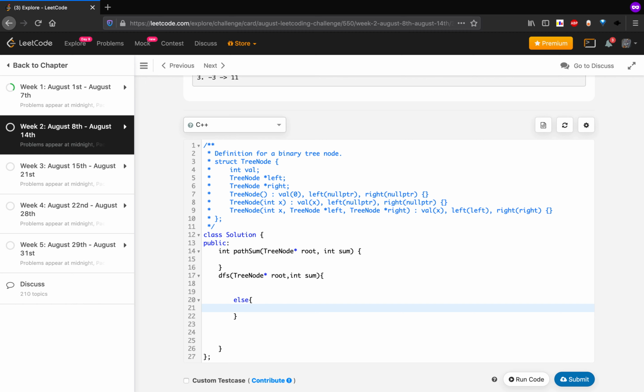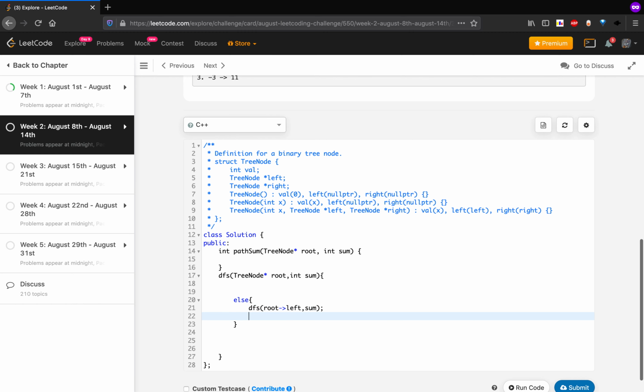Okay, so if I am at a node, what are the values I will need? I will need all the sums from its left child. And what values will I need from the right child? Now these values can be multiple. Okay, so that's why we are taking a vector. So vector left and vector right.